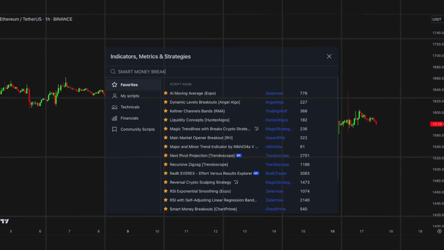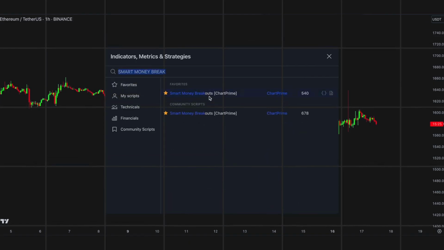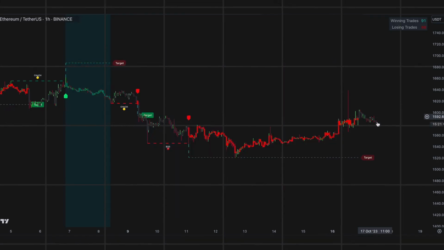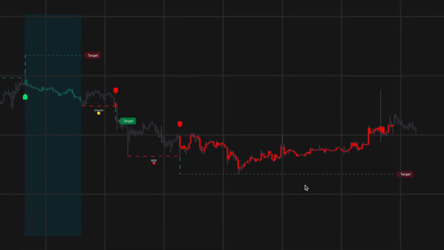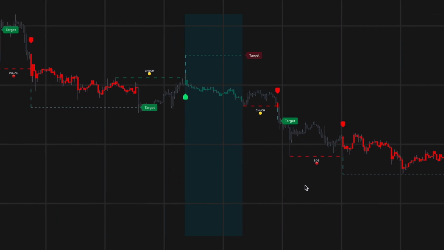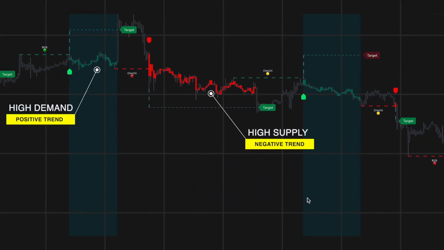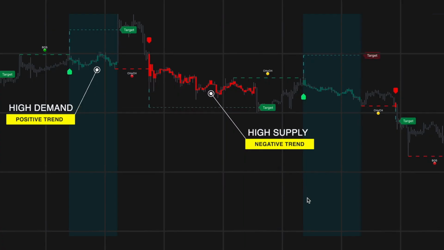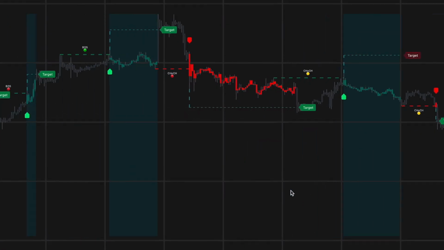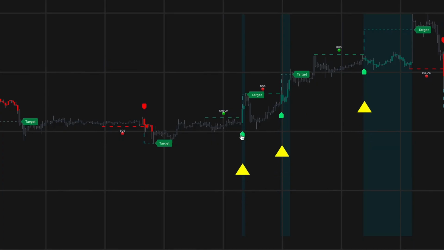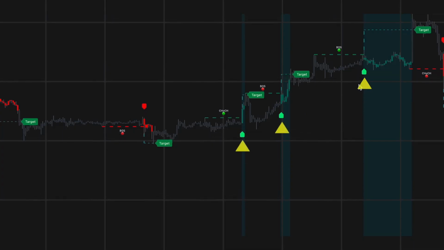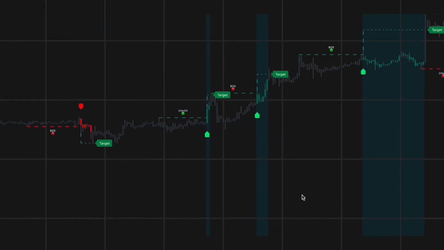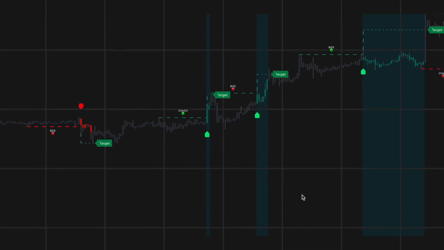This script is simple and easy to understand. It has multiple features that help analyze market prices on a deeper level. Watch how much clearer the chart appears with this tool enabled. We can see areas of high demand and high supply that result in a price increase or decrease. There is often a long-term trend formed by these initial price movements. This is where large financial institutions and banks place their orders. The Smart Money Breakouts indicator spots these orders very well. By using this tool, we will be able to enter the market early and be on the side of the